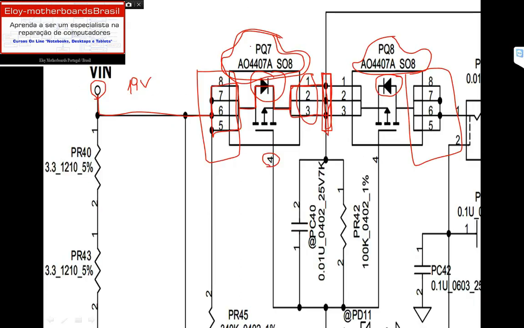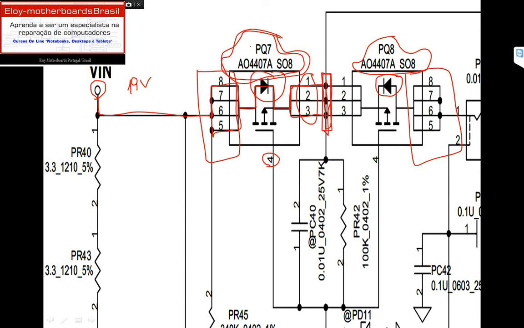So this signal named VIN will arrive at PQ7 on pins 5, 6, 7 and 8, and it will be taken to pins 1, 2, 3, the source of PQ7. At this point, besides having the voltage on the source pins 1, 2, 3 of PQ7, the current is too low. We will have 19 volts or 18 volts in PQ7, but the current will be too low. And this voltage will be present on pins 1, 2, 3 of PQ8,